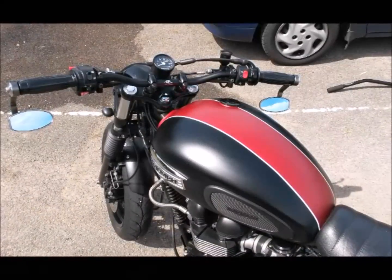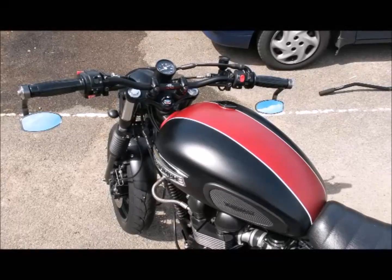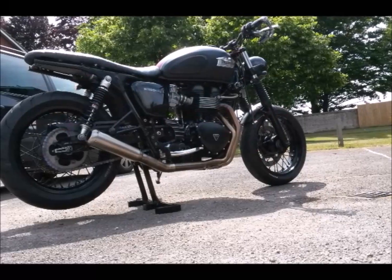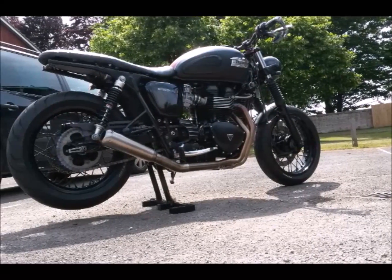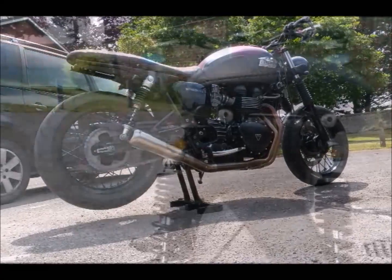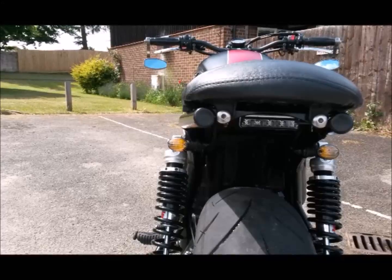Lovely eBay find tank. I still really like that. That's going to be staying on the hardtail project for now. This was kind of where I got it to its final. I was really happy with it at this stage, actually. I think the only thing I did after this was remove the airbox completely, but liked my little brake light,